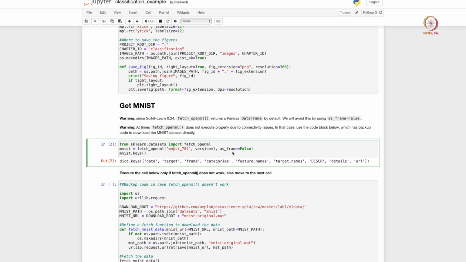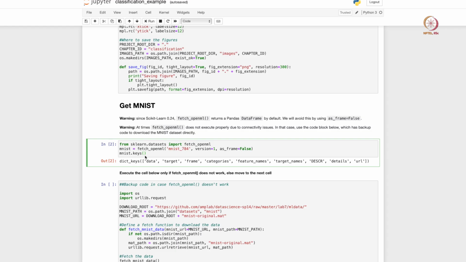For simplicity we will just deal with arrays here, because our problem is quite simple. We don't need to complicate our problem by using pandas data frames, but you can replicate the same exercise using pandas data frames also. There is no harm in doing data frames. I am just illustrating an alternative approach. So as_frame equals False tells you that we will import the data set just as an array.